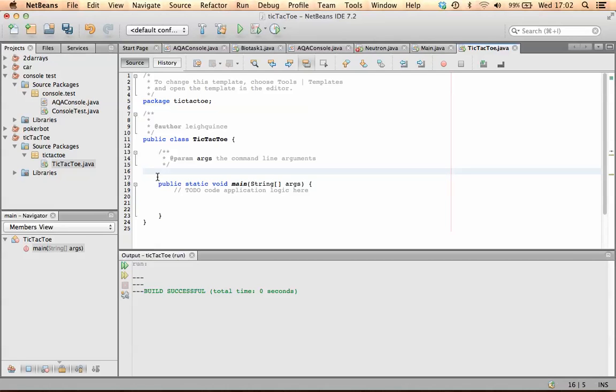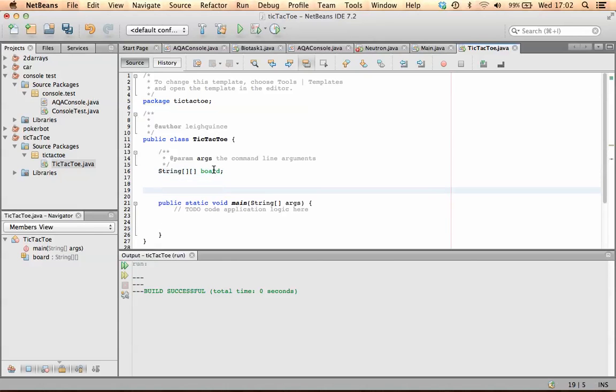The board is going to be a 2D string array. At the moment, we're just going to leave it like that. So we declared the fact that it's a 2D array and that it's a board. What we're going to have to create is the constructor so that when we create our tic-tac-toe, it creates our board. So we're going to say public